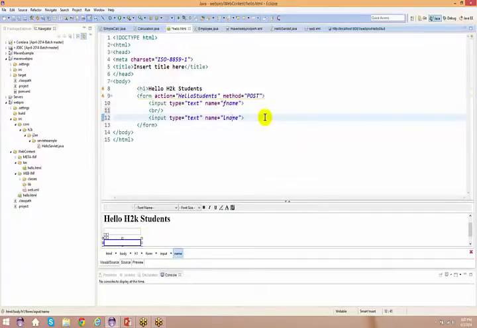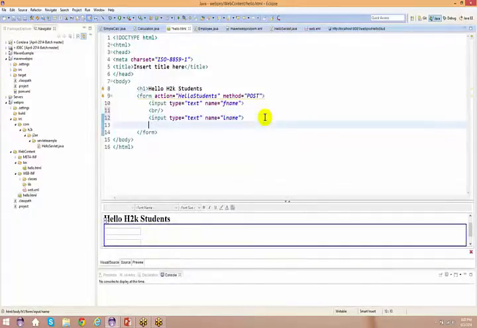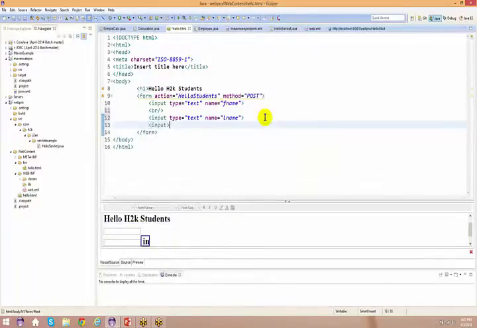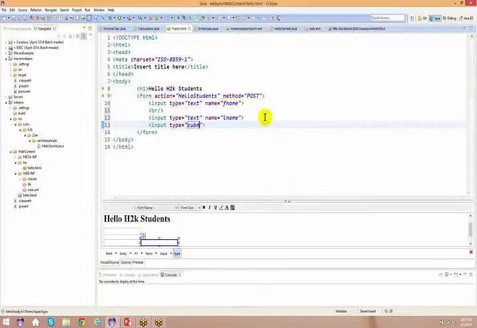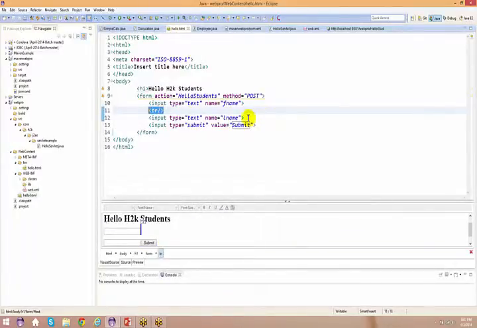And at last I'll have an input type equal to submit, value equals to submit.